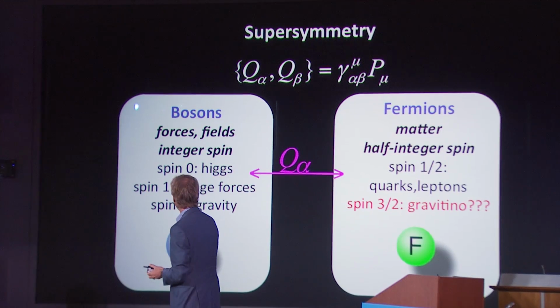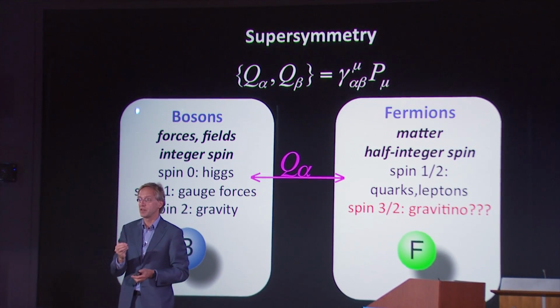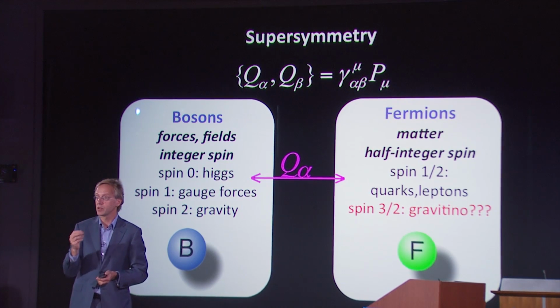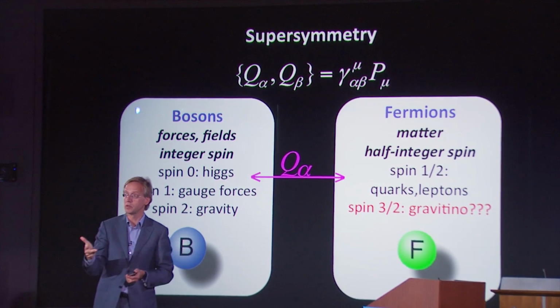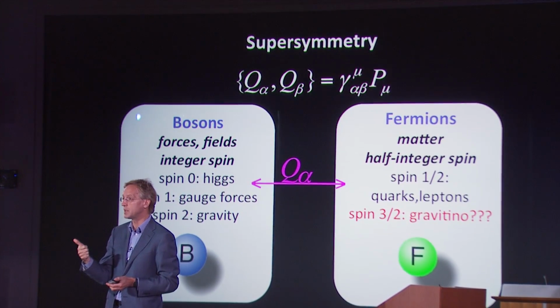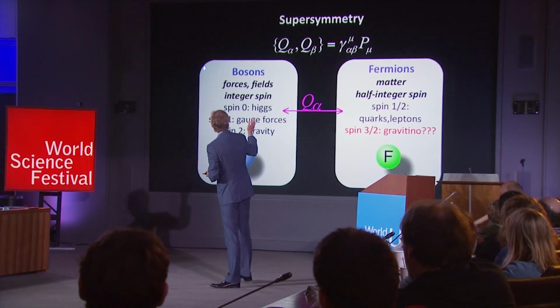So on the one hand, we have our forces and fields. Technically, these are particles with an integer spin, and we know the spin can be at most 2. So there are three cases, 0, 1, and 2. And nature uses all three of these options. Spin 0 is the Higgs field. Spin 1 are the usual force fields. And spin 2 is actually the gravitational field, the graviton. And then you can have half-integer spins.